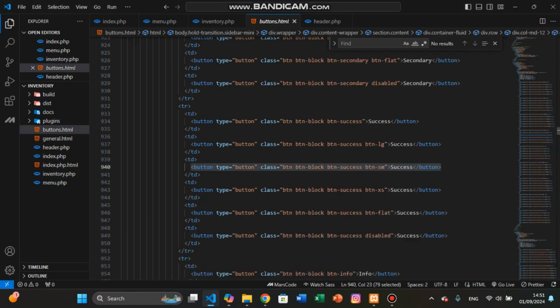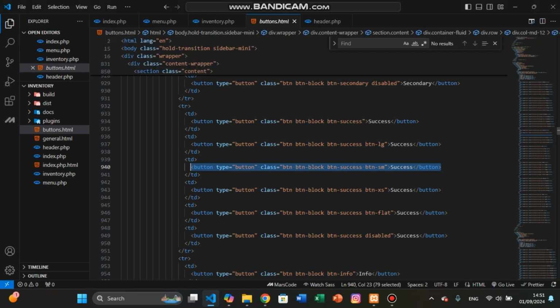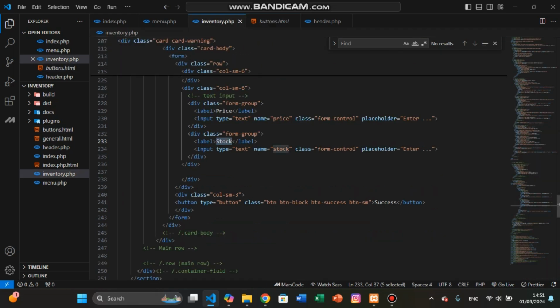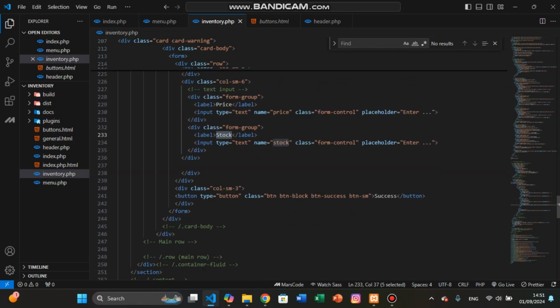At this time I'm gonna use the success button with the size of small, button small, and then you copy this button, yep, and you paste in inventory after the label,